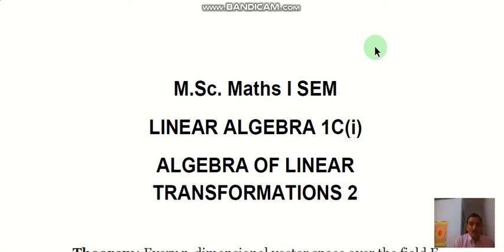Namaskar. Today's topic is Algebra of Linear Transformation 2, and this is for the students of MSc Maths first semester, and the paper is Linear Algebra 1C1. The Algebra of Linear Transformation is a lengthy topic, therefore I have divided this into two lectures. In the first lecture some theorems and definitions were given, and in the second part, Algebra of Linear Transformation, we see here some theorems related to them,